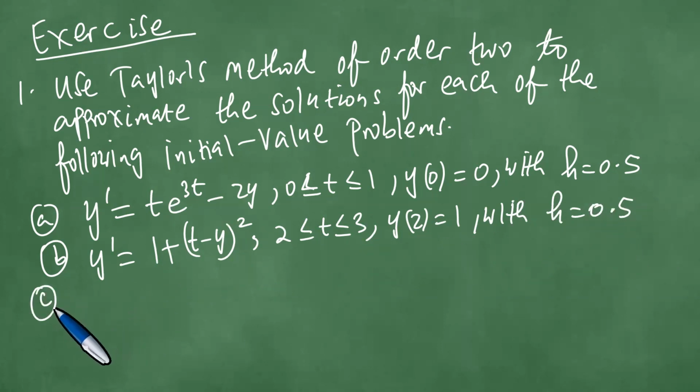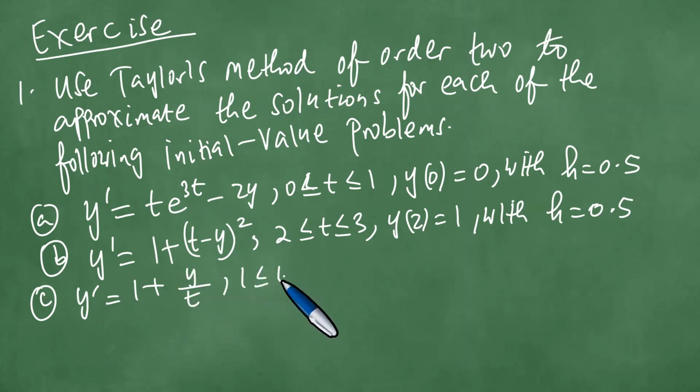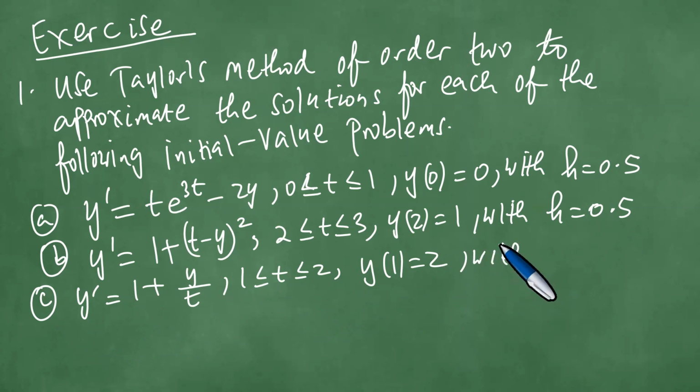Part C: y prime is 1 plus y over t, t from 1 to 2, y at 1 equals 2, with